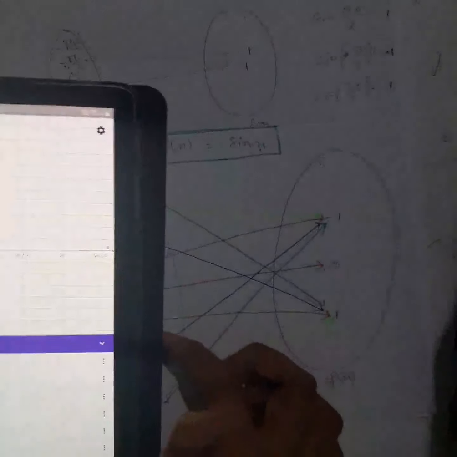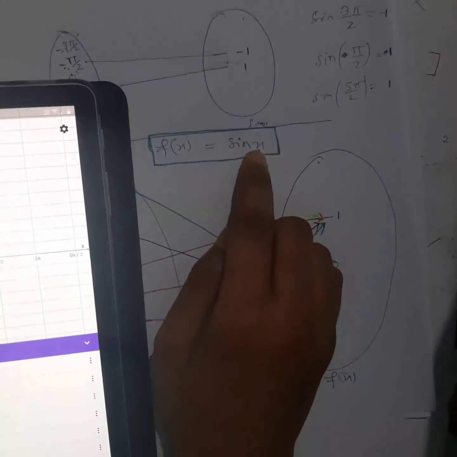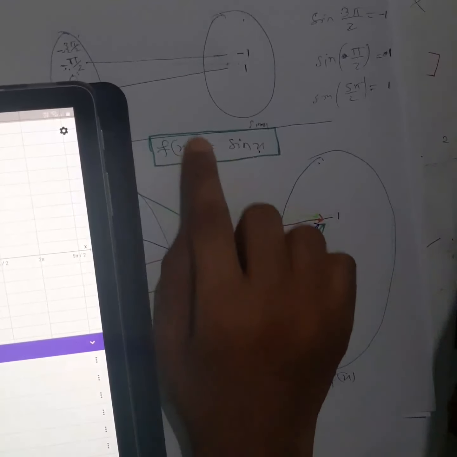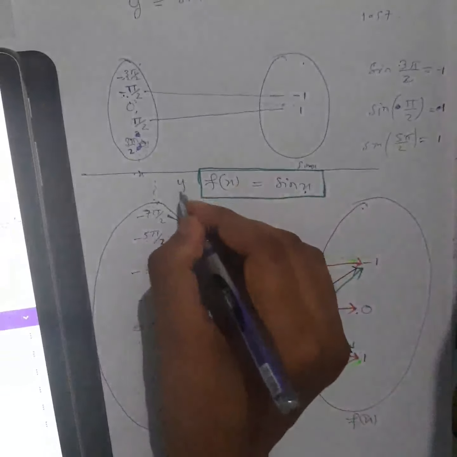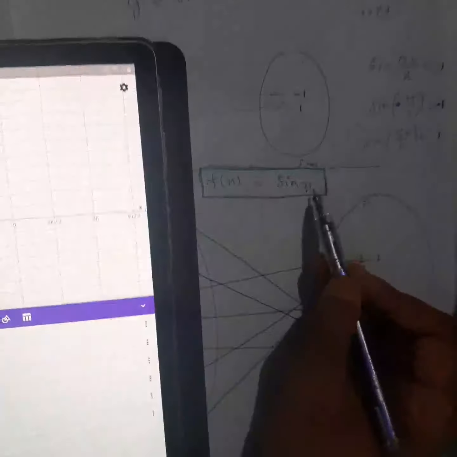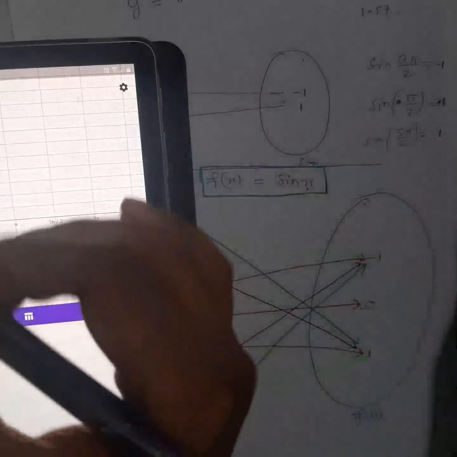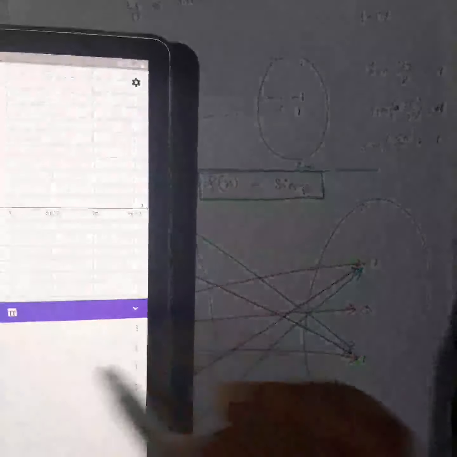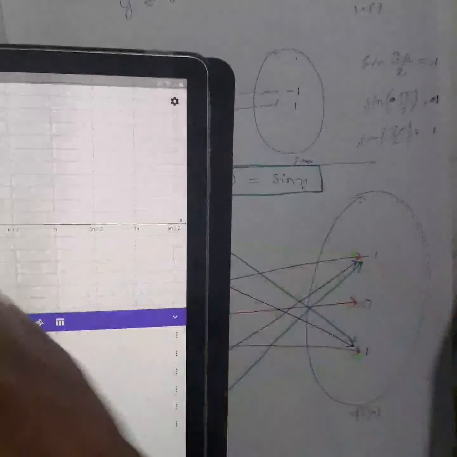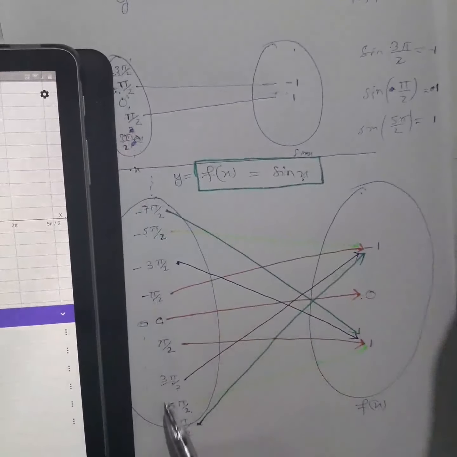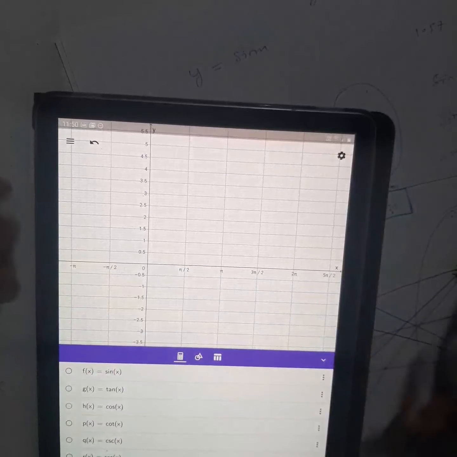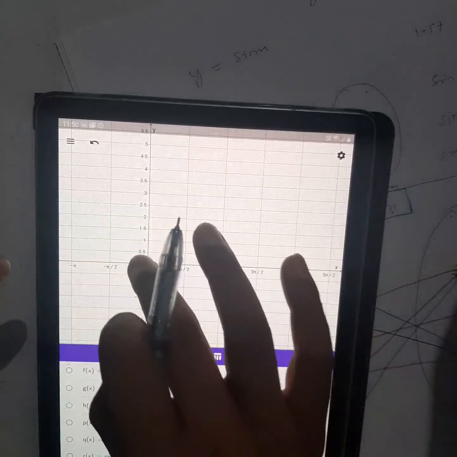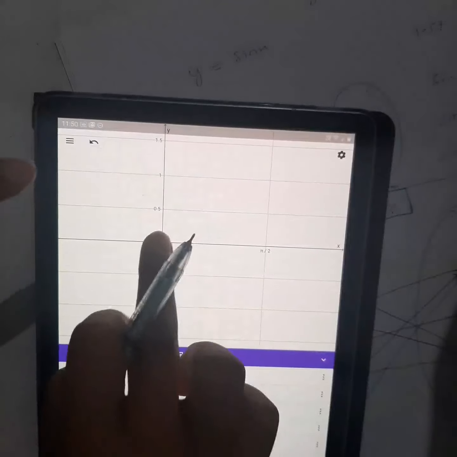You can see the function is f(x) equal to sine of x. So x I am taking on the x-axis, y I am taking on the y-axis. This I can write as y also. This is how you used to plot a graph, right? X value you take, then y value you find out. We used to plot a point there, and then in this way we used to find the graph. So I will take x values one by one. Suppose x is 0. Then y, how much will you get? 0. So your point will be here only, at the origin.